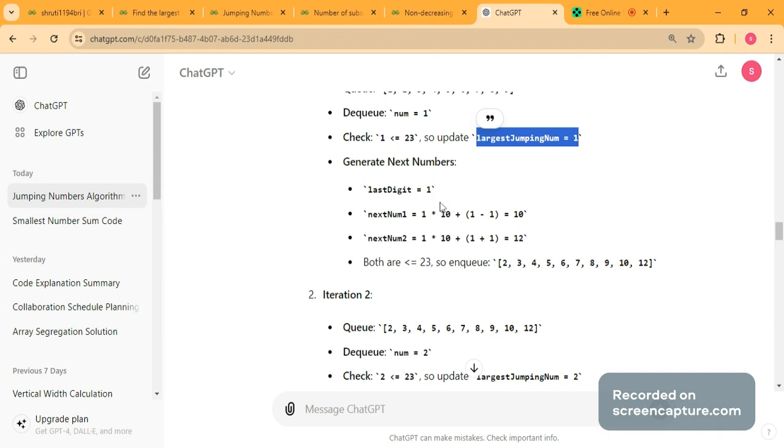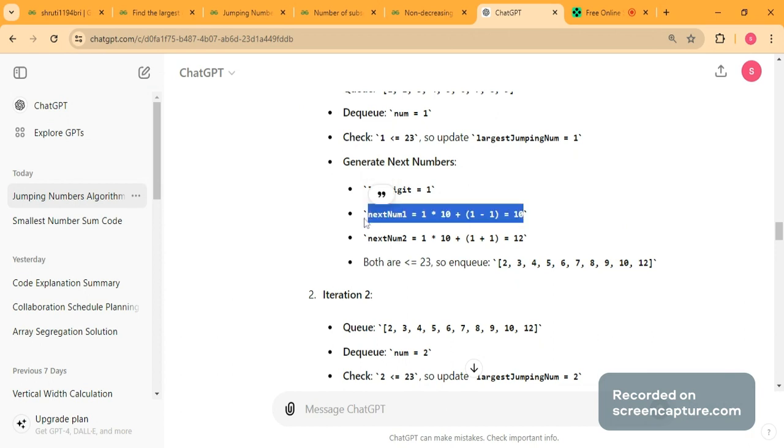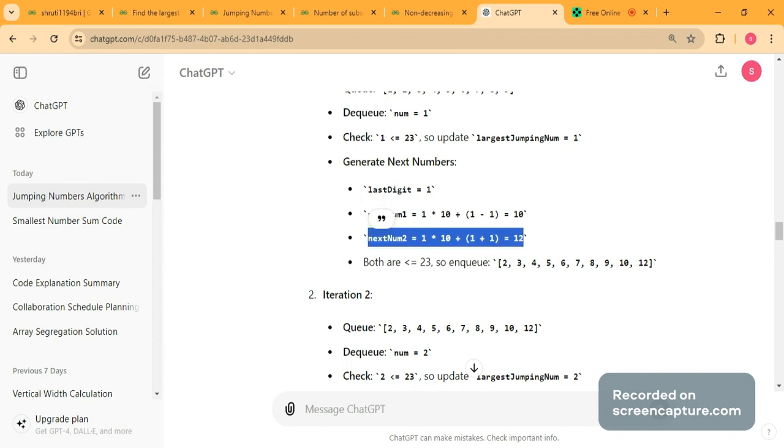Now we calculate the last digit, which is 1, and we calculate the next numbers. Next number 1 can be 1 times 10 plus last digit minus 1, which is 10. Or there's another case, that it can be 1 times 10 plus 1 plus 1, so this will be 12. Now both of these numbers, 10 and 12, are less than 23, so we will append them into the queue.